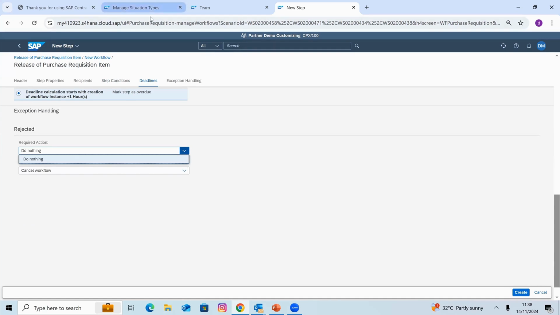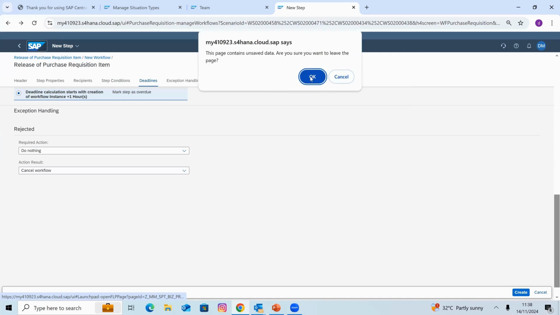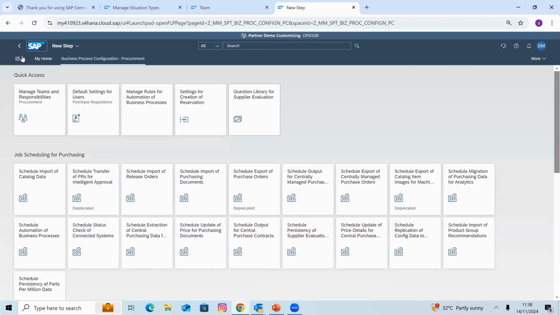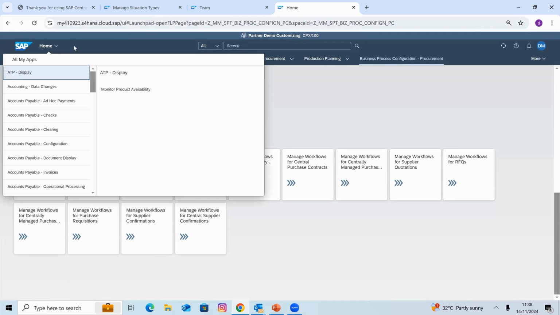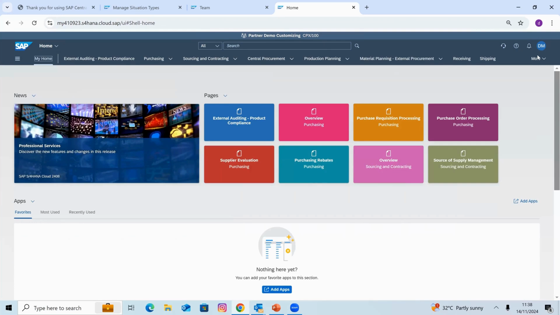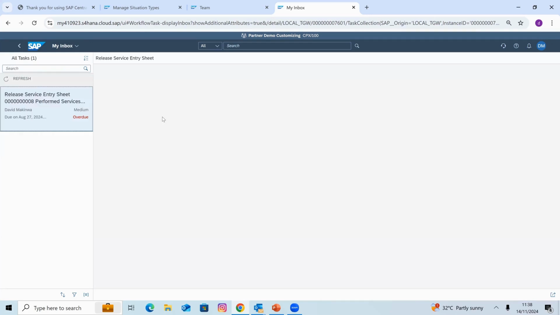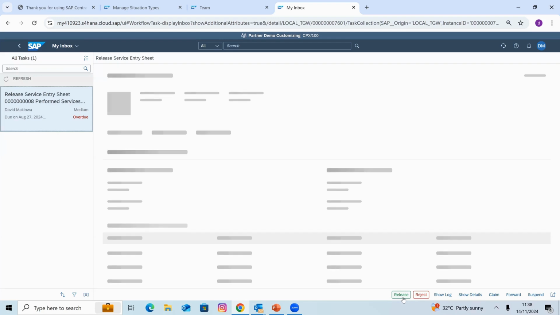Lastly, before I go, I want to show you the notification. Let me show you the notification dashboard and how it looks. I'll show you some examples of notifications I have. All right, so these are tags. This is a pending tag. If you click on it, release entry, these are some of the notifications. It will tell you either to release or to reject. So this is how it looks. This is an entry sheet for professional services. So this is a notification.